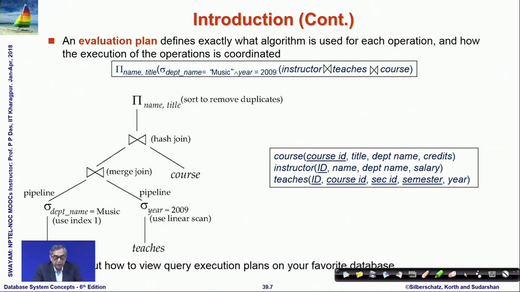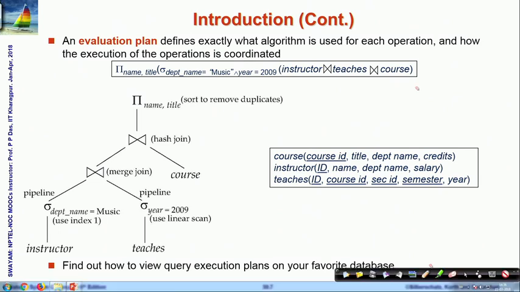Here the query is to find the instructor name and the course name, where the instructor is from the department of music and the course taught is in the year 2009. So, we want these, and corresponding to the equivalent SQL, if we write the relational expression in relational algebra, this is what it looks like. What we can observe from this, again as we observed last time, is that department name is on instructor. So, if we are doing a final selection based on department name equal to music,